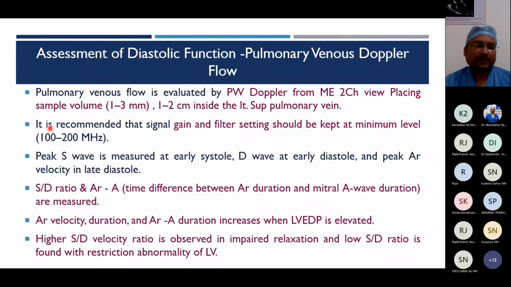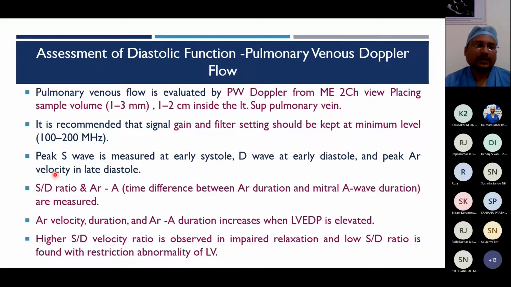Assessment of diastolic function with pulmonary venous Doppler. Pulmonary venous flow is evaluated by pulse wave Doppler from midesophageal 2-chamber view at 90 degrees while pacing the sample volume, 1 to 3 millimeter sample volume, 1 to 2 centimeter inside the left superior pulmonary vein. It is recommended that the signal gain and filter settings should be kept at the minimum level, that is 100